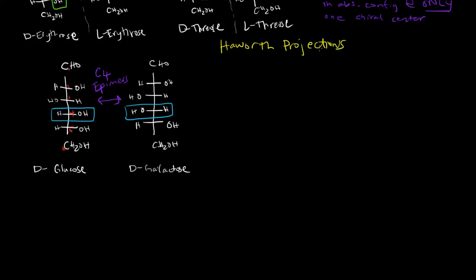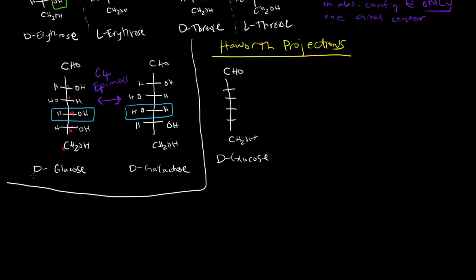Haworth projections are sort of drawn like this. So let's say, again, we have glucose. Let's imagine glucose. We have glucose like this: 1, 2, 3, 4, and then the CH2OH. Let's say we have D-glucose. Let me kind of separate it from this stuff over here. Okay, if we have D-glucose,